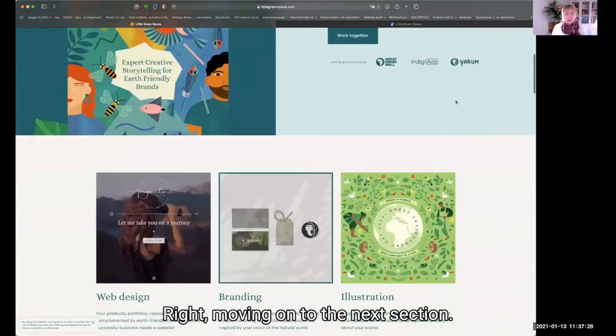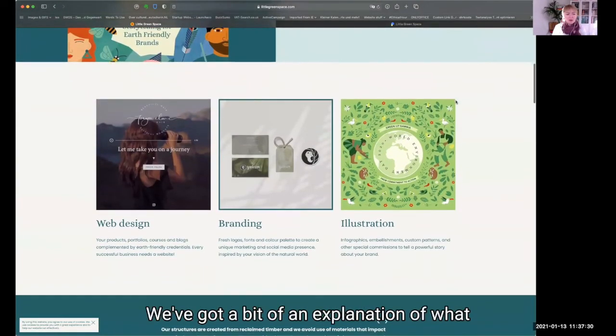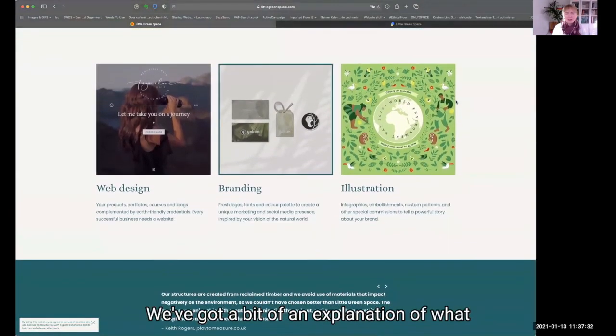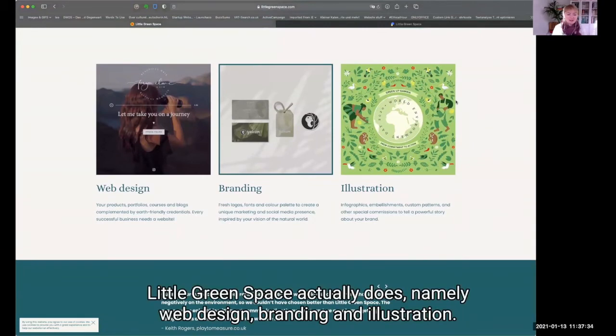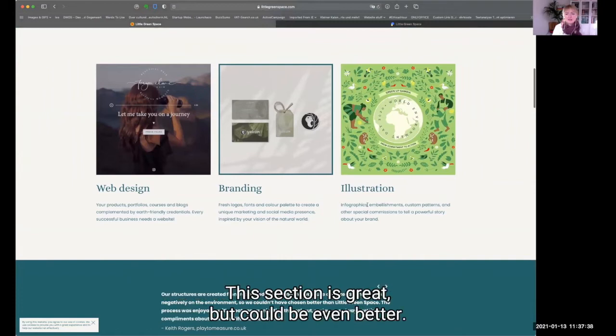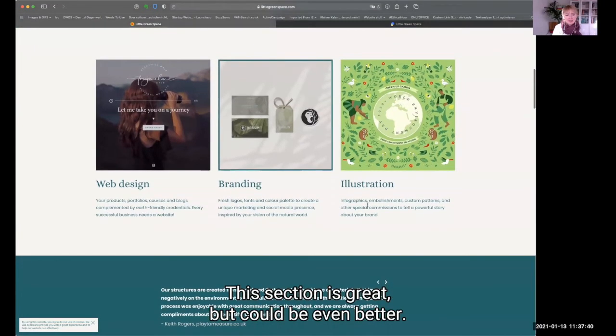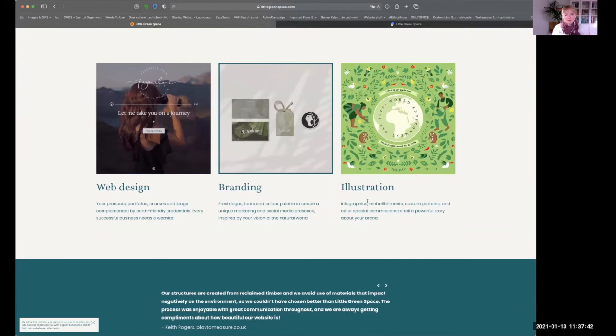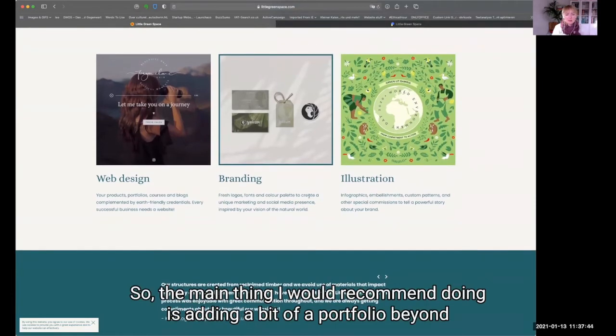Right, moving on to the next section, we've got a bit of an explanation of what Little Green Space actually does, namely web design, branding, and illustration. This section is great, but could be even better. So the main thing I would recommend doing is